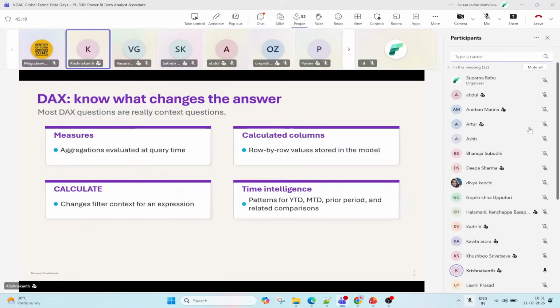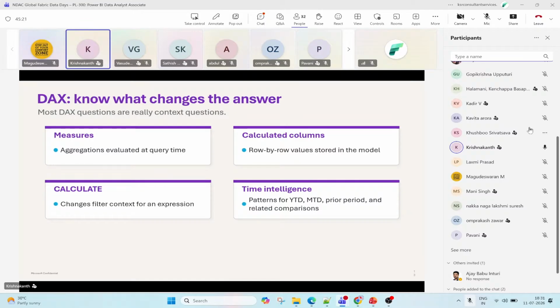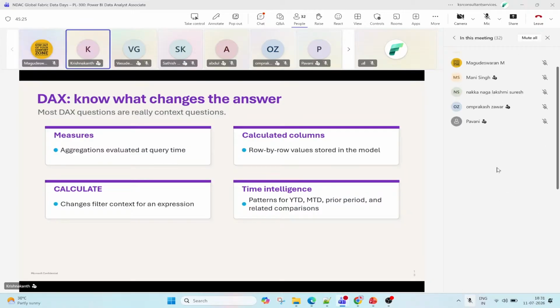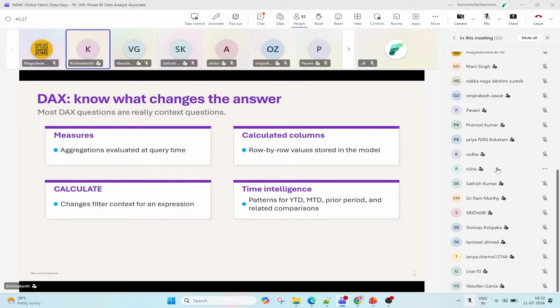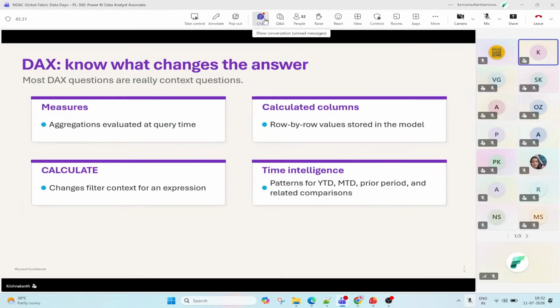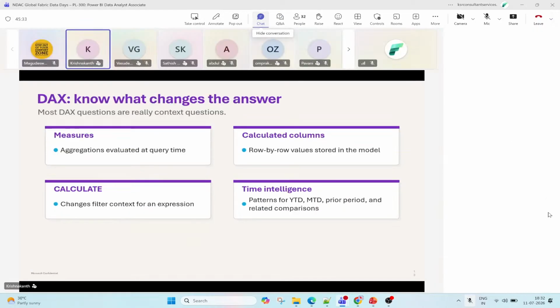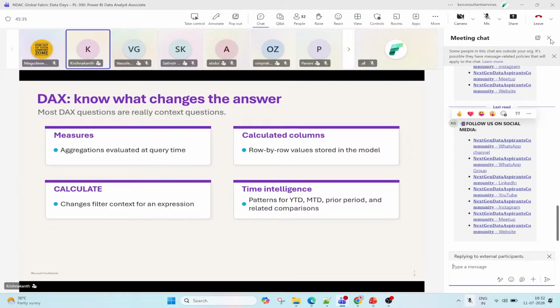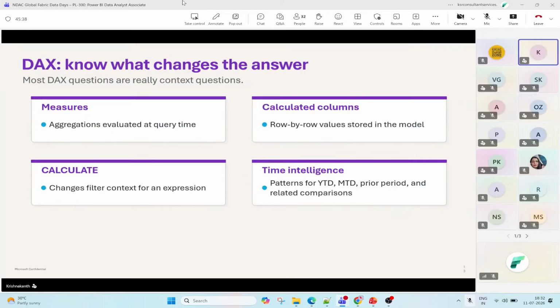Similarly, wherever you find trends, we can show them with respect to total YTD. If you want to showcase year to date sales and how it is happening, and compare the current year to the previous year, you can utilize the SAMEPERIODLASTYEAR DAX function. Based on the requirement understanding, you have to utilize the existing time intelligence DAX functions. Moving on.